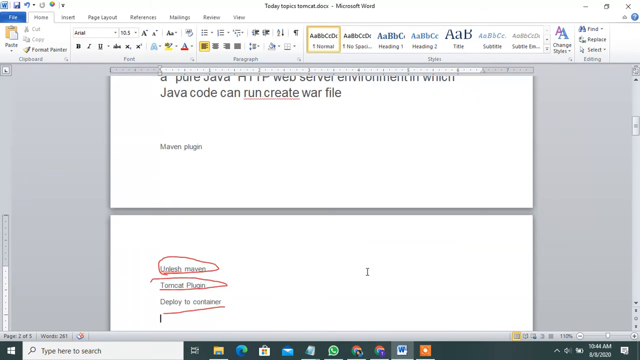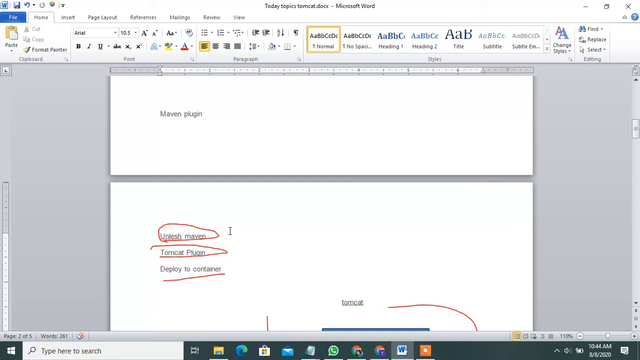And the required plugins are: install the Maven plugin, and the Deploy to Container plugin used to deploy to the Tomcat container. These two plugins are the most important for deploying the WAR file. Then next is